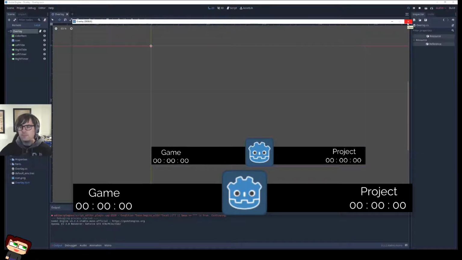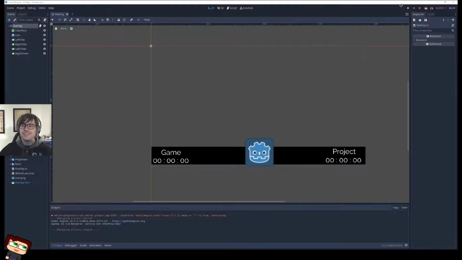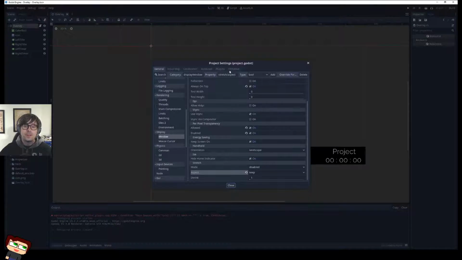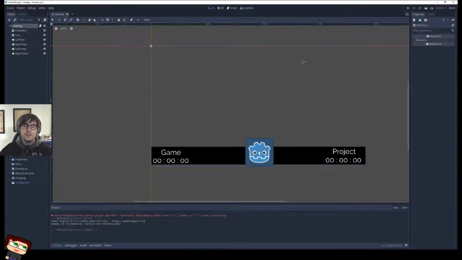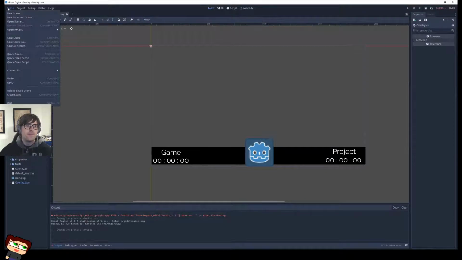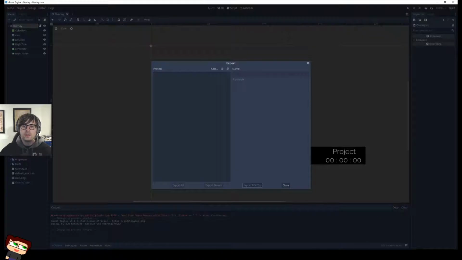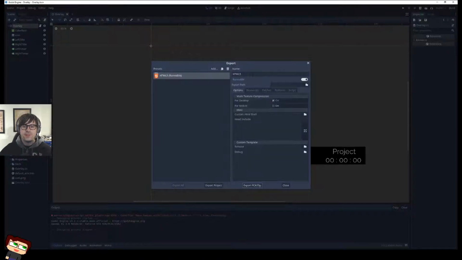Okay, let's close this. Next thing, will that work as an HTML page? I don't know. I do not know, but let's find out, shall we? So let's do project. We're going to export this. Add HTML5. It's runnable. For desktop, we're not going to do mobile. Resources, patches, features. Script. Sure, that's all fine. This is all fine to me.